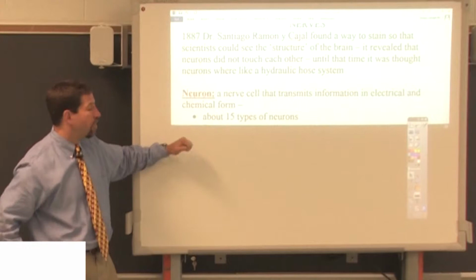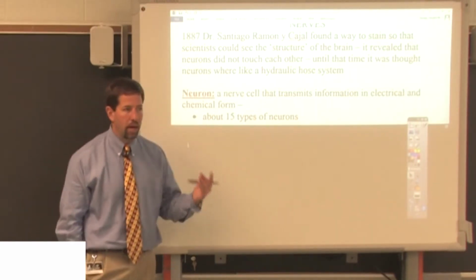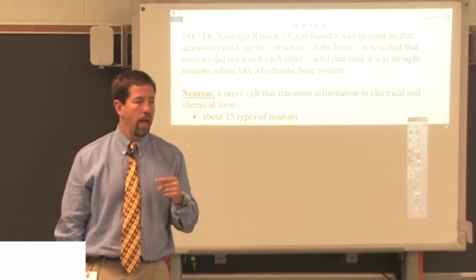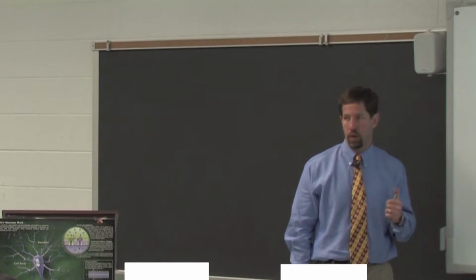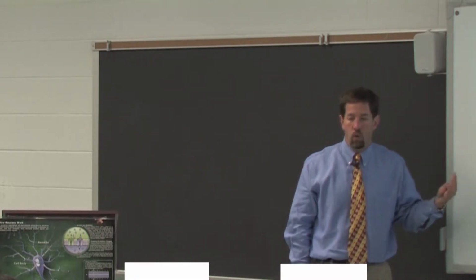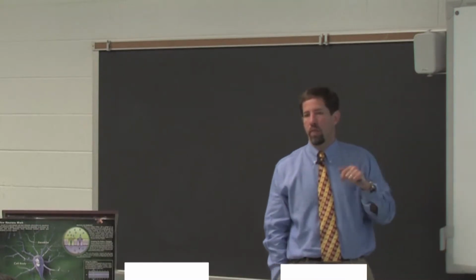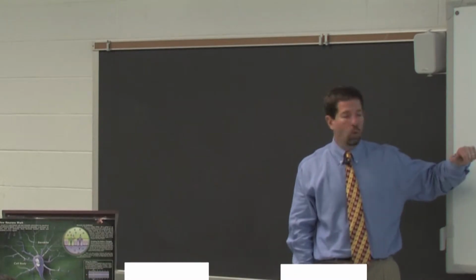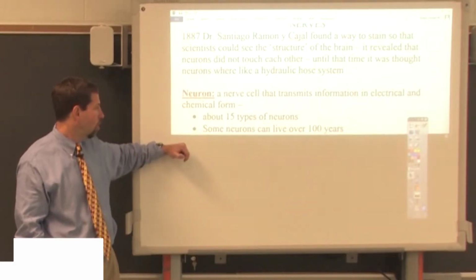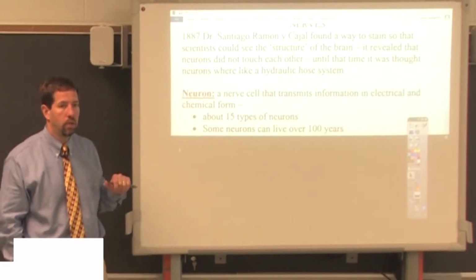We really have about 15 types of neurons. We certainly don't have to know all of them. This is not a class in neurology. And we will kind of lump them all together. We're going to study, for lack of a better term, the average neuron. Although there are different ones that, of course, do different functions because we've got different parts of our body. But they all do have one thing in common. They all reach out and talk to a lot of other neurons. Their number one goal is to communicate. Some neurons can live for over 100 years. It's a random trivia question.